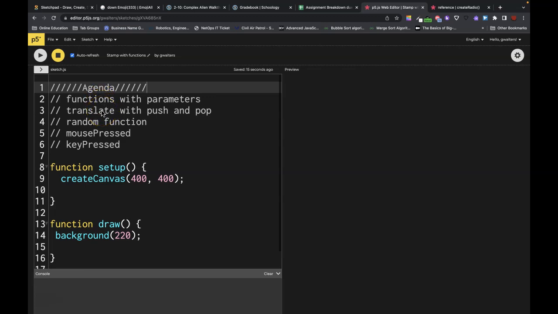We're going to talk about using push and pop more, but also adding translate to make it so that we can easily position our stuff. We're going to use the random function. We're going to use a couple event-based functions for the canvas, mousePressed and keyPressed, which we're going to talk about. Okay, so for this project,